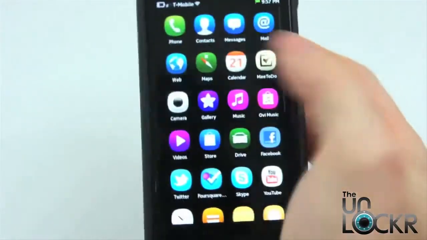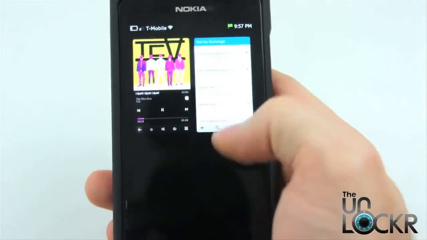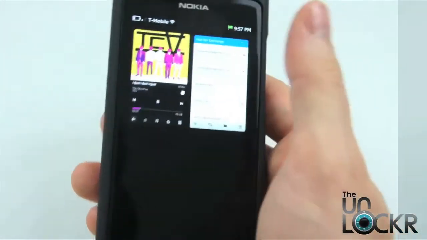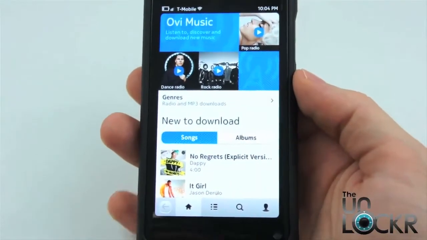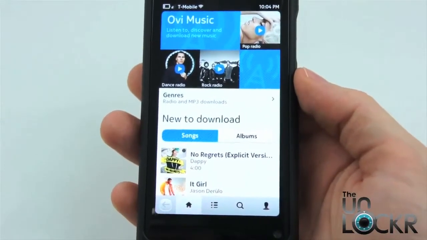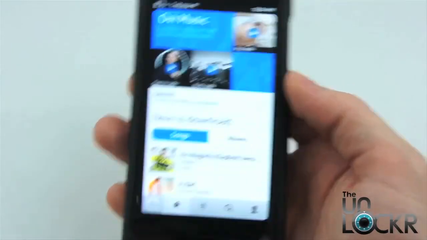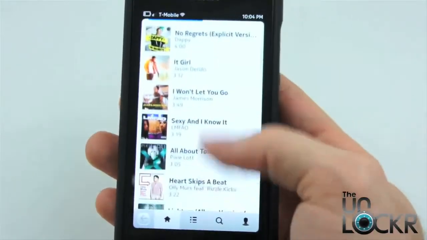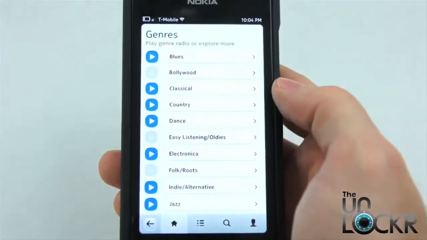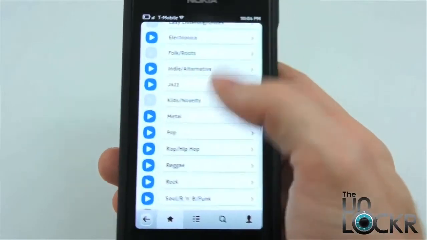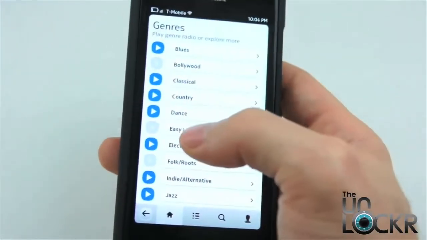Also, this can play in the background. So as you're doing other things, it keeps playing. And in conjunction with the music player, you have AccuWeather, which is basically kind of sort of a mix between, say, iTunes and Pandora. Sort of. So you can obviously get songs, which I'll show you in a second, but you can also click on genres and listen to music. And then click on the music and then download it if you want, or just keep going through. So,